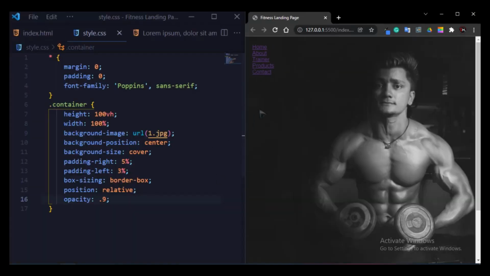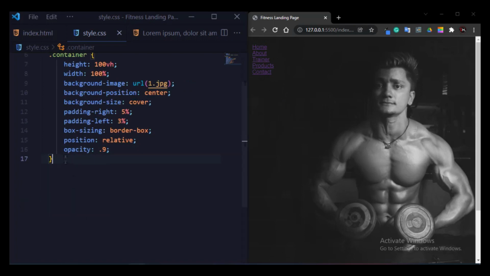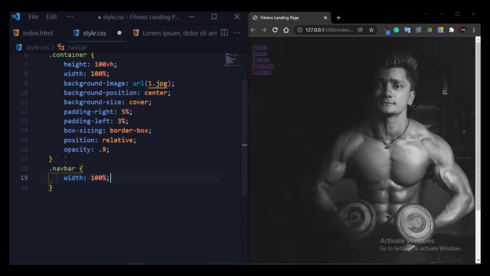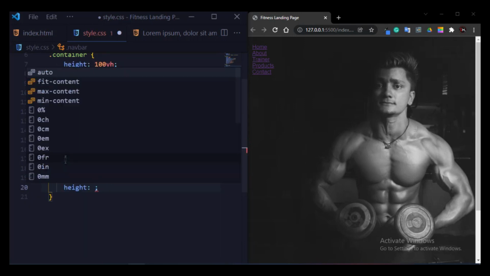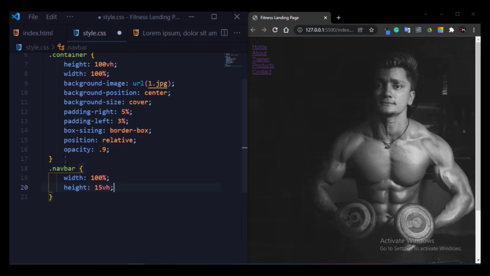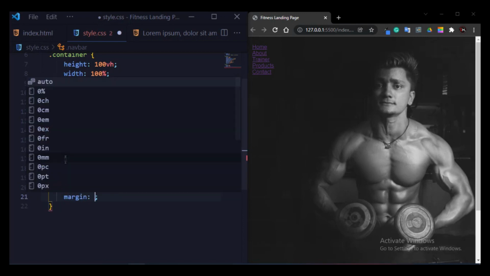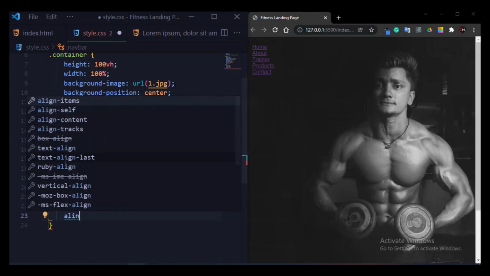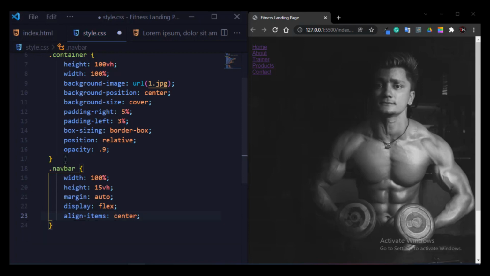Now I will write CSS code for the navigation bar and logo. So here I simply write dot navbar and I will give width 100% and height 15vh, margin auto, display property flex and align items center.